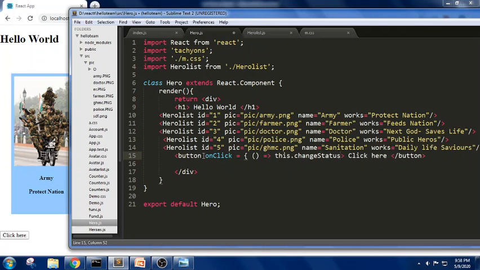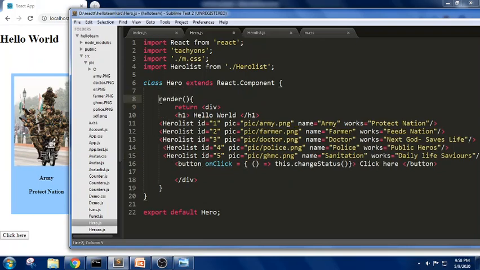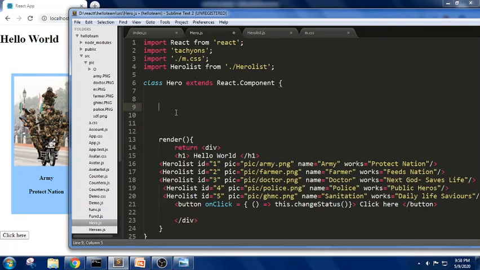I am writing changeStatus here, I am using this.changeStatus. For this changeStatus, we should always define a method. So I will define a method above render, changeStatus.